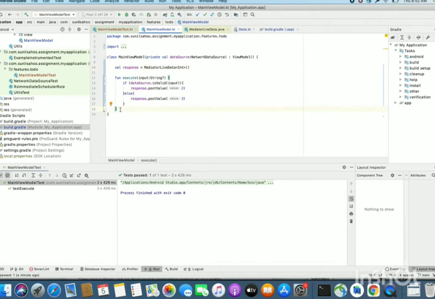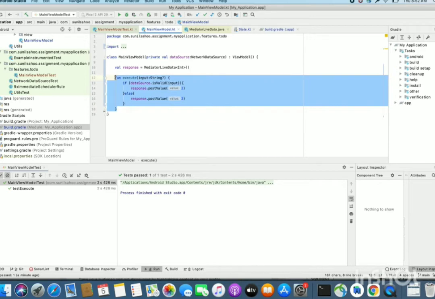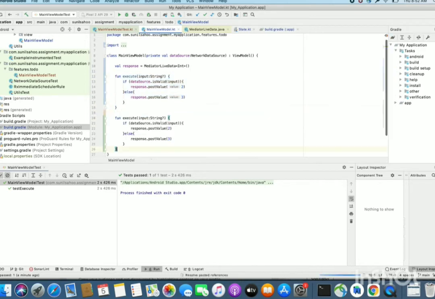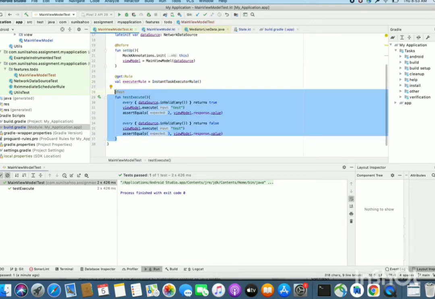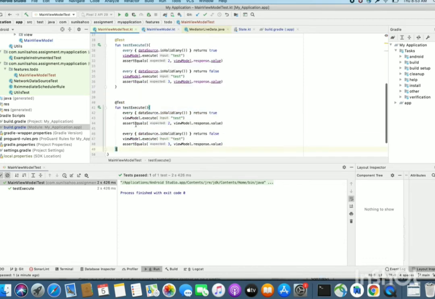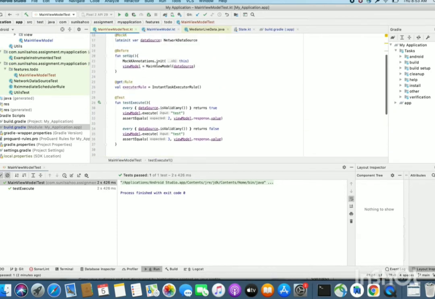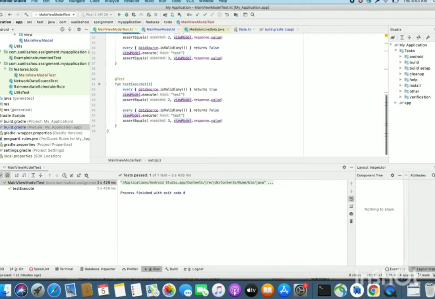Okay, so let's write another function, execute one. We have written execute one, and here we'll spy.